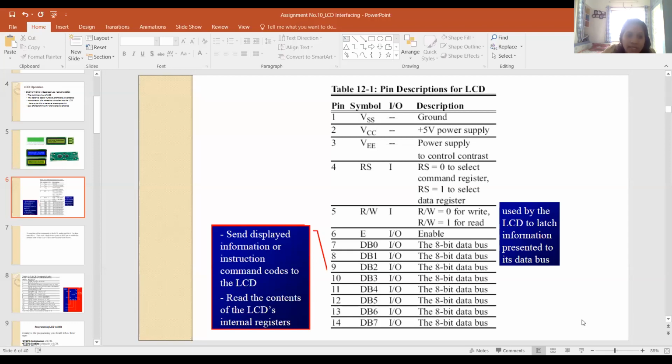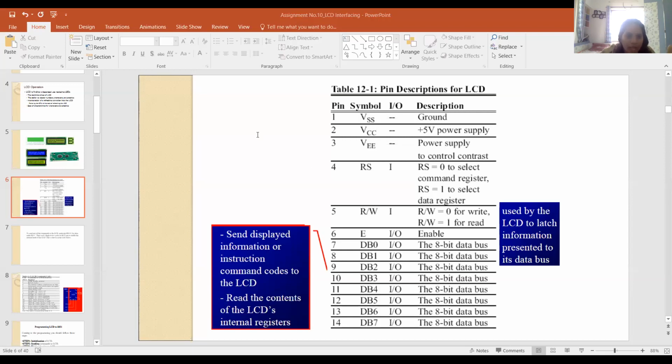Right now, our program is also divided in these 3 ways. Initialization of the LCD. Second is sending some commands to your LCD. And third is sending the actual data to your LCD panel. Getting this? These are the three things required for your LCD program. I will show you the program also. Explanation we'll do afterwards.